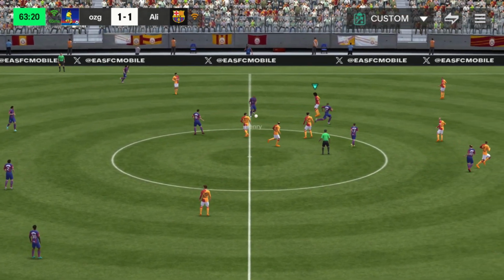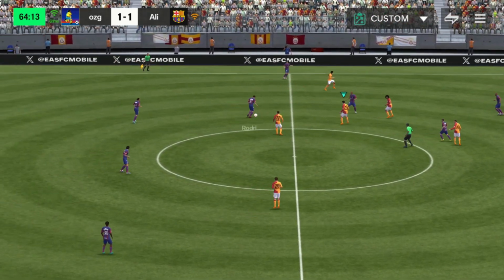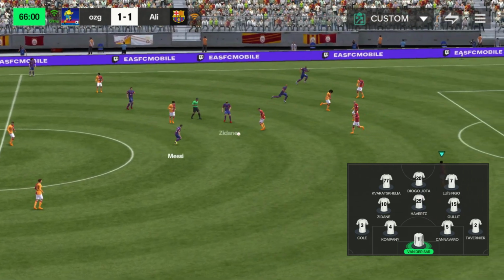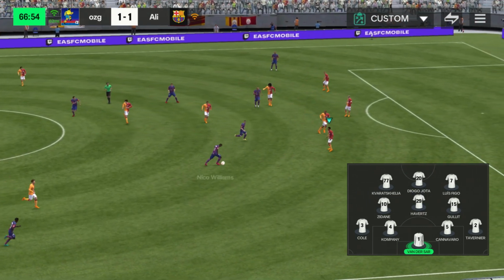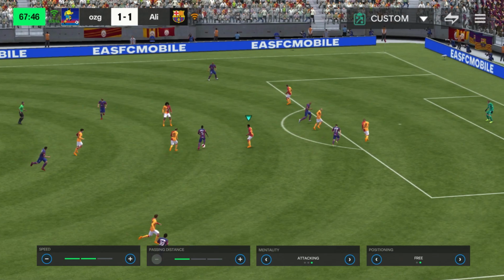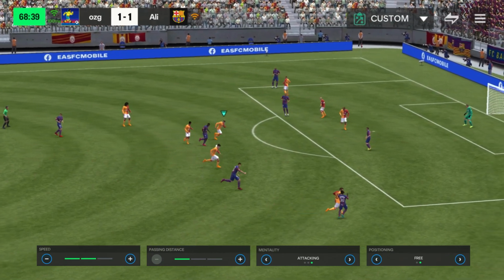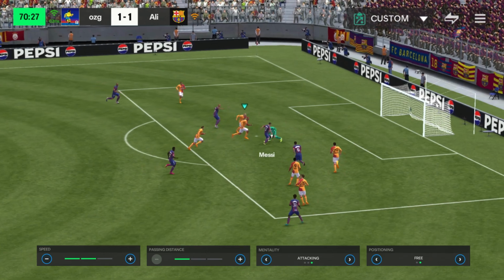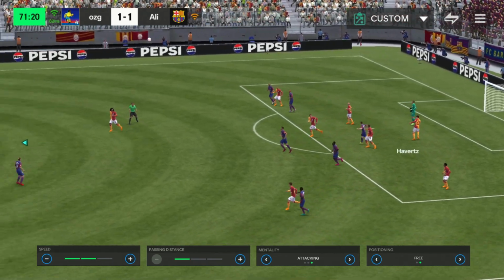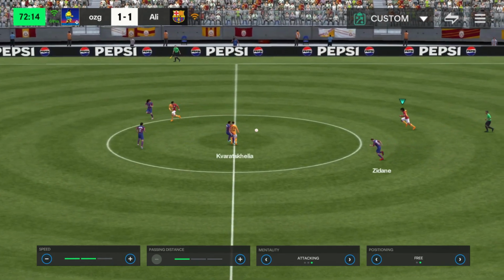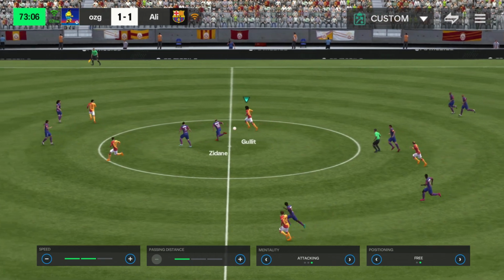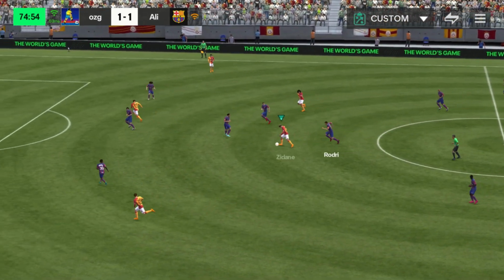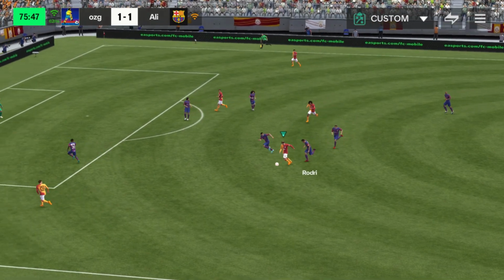In this season, I'm playing with a 4-3-3 attacking formation, and I don't change my tactics throughout the game. For build-up play, I keep the speed at a medium level, meaning my team moves the ball forward in a balanced way. The passing distance is short, allowing my players to maintain better control. My mentality is fully offensive, my players are constantly pushing forward, and with free positioning, they frequently move around the